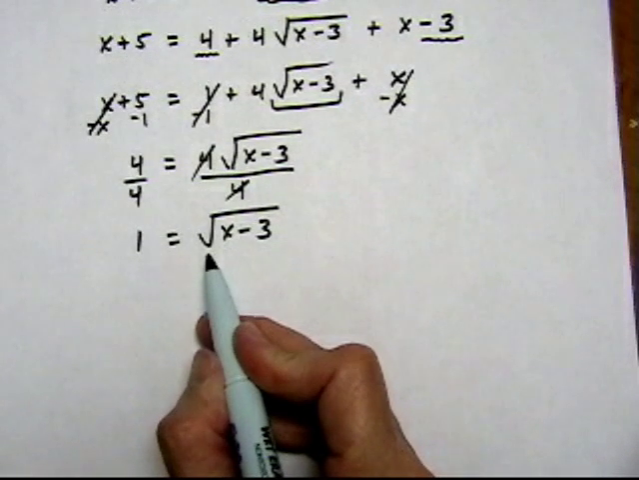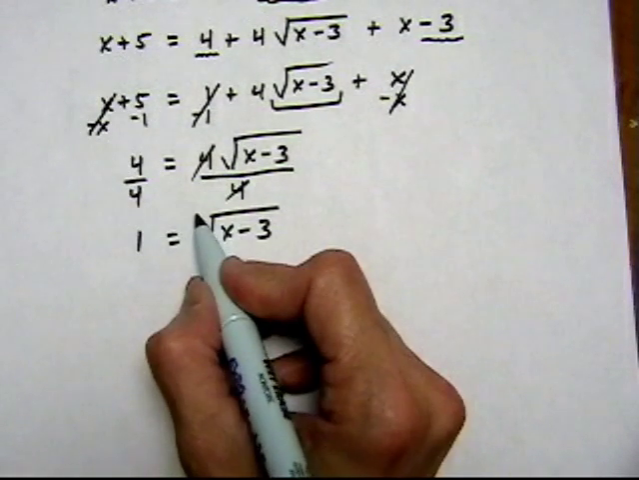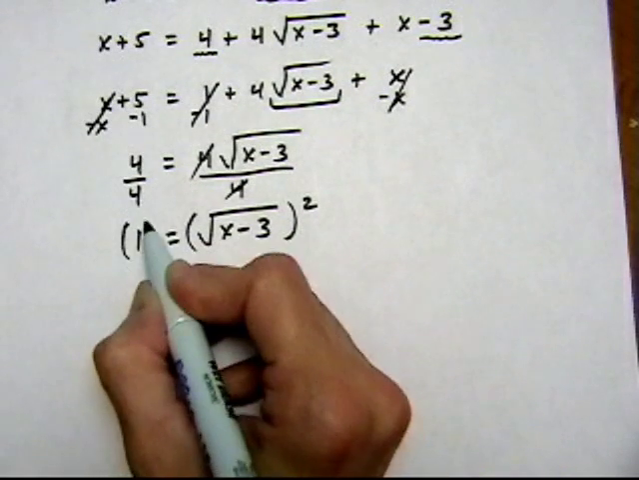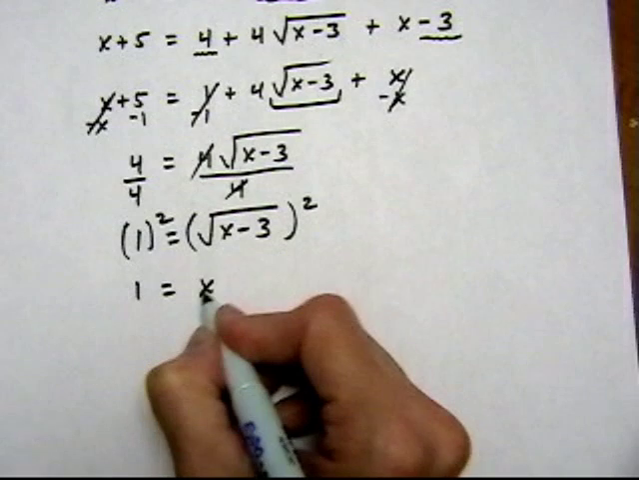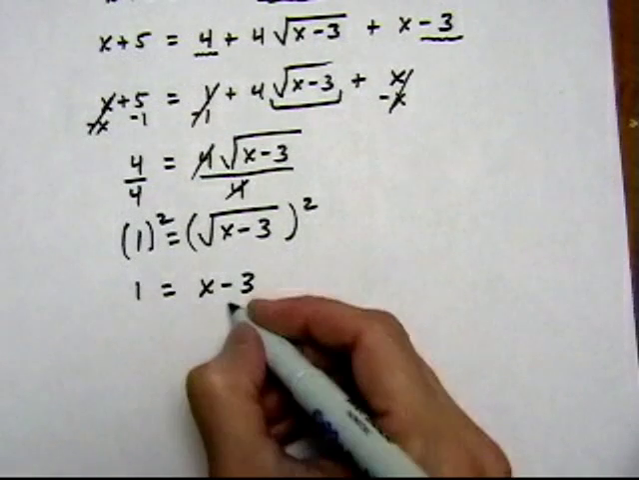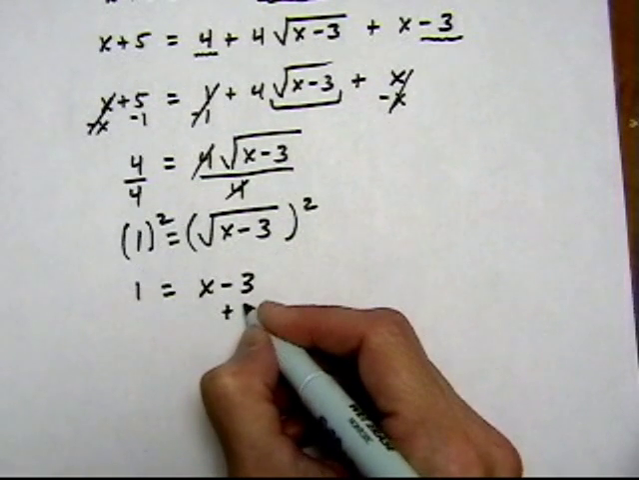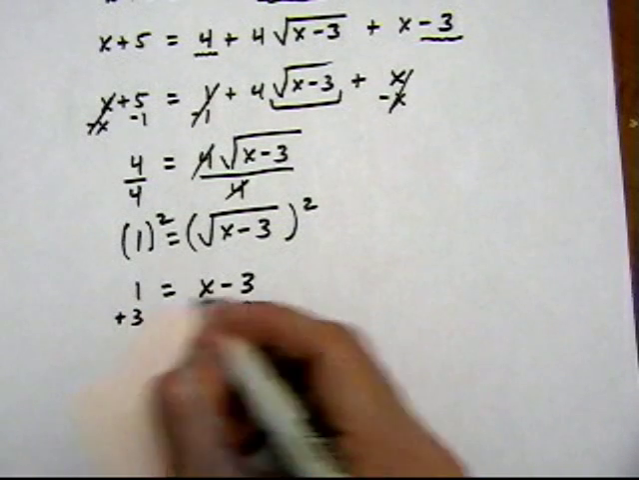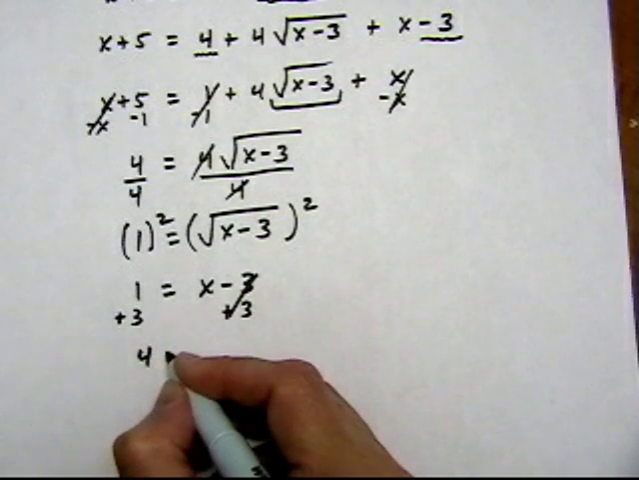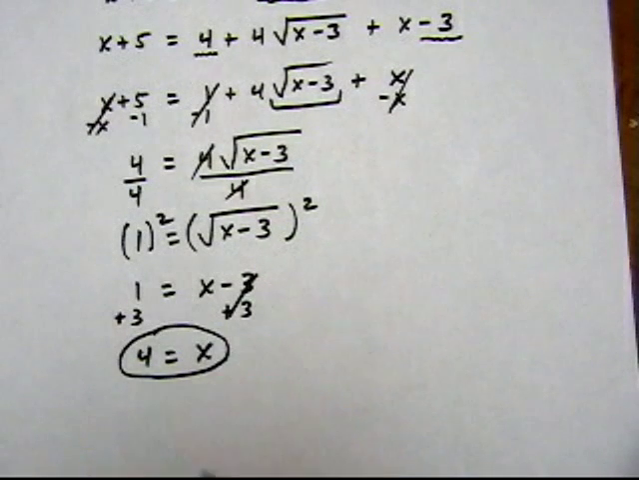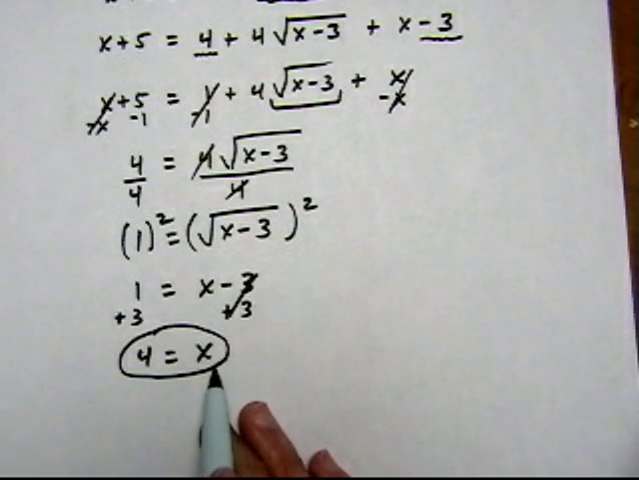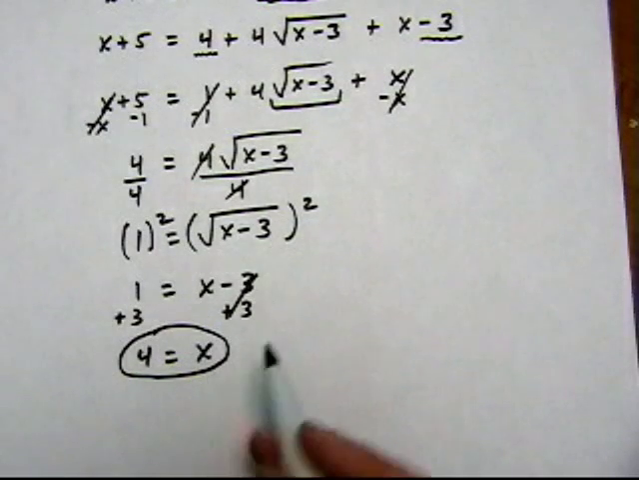We have an isolated root. That means we can square both sides. And we get 1 is equal to, and the insides come out, x minus 3. And now we keep solving for x, adding 3 to both sides. 4 is equal to x. And there's our solution. But as always, with the square root equation, we want to check the solution